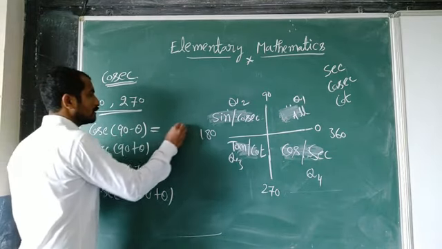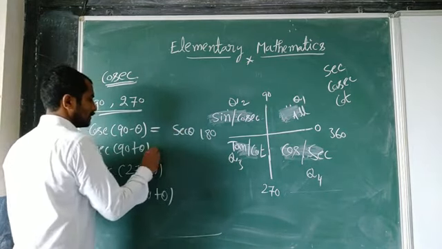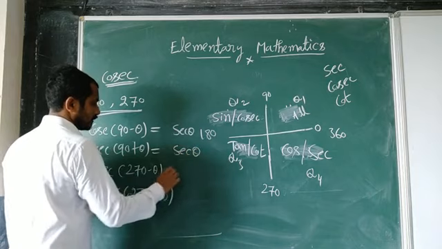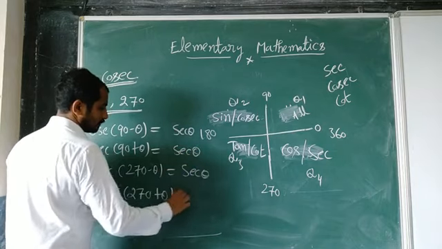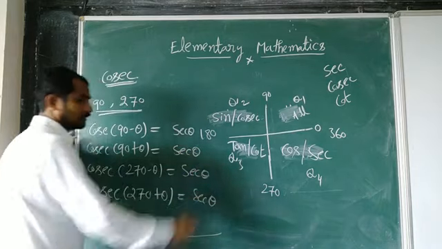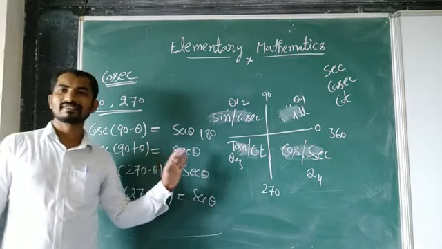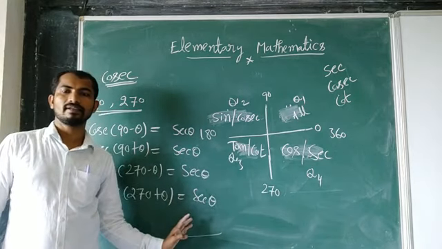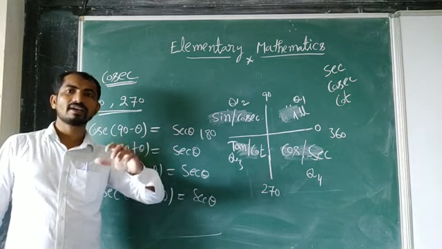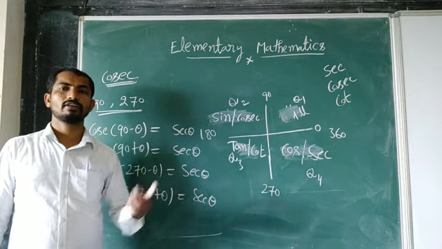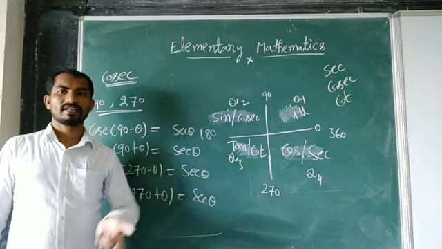Then you can write sec theta. And this also sec theta. And this one also sec theta. And this one also sec theta. Okay? And सबका आंसर हमने देखा था sec theta, sec theta, sec theta, sec theta. लेकिन इसके बाद हम इसके आगे एक साइन भी आया, ठीक है।